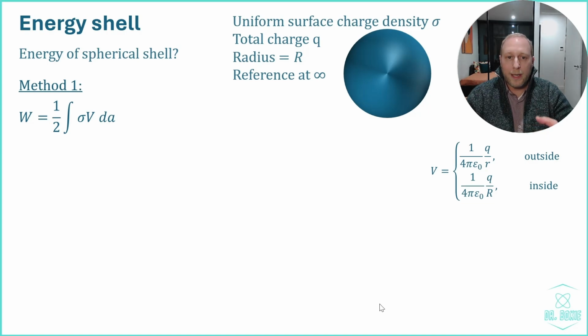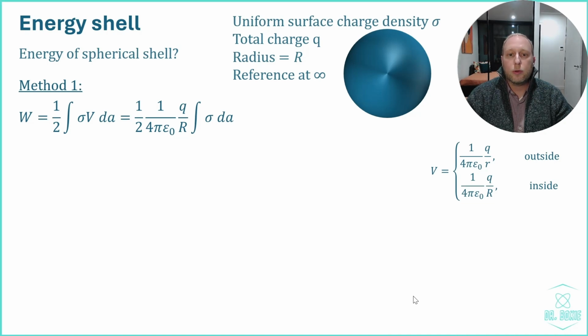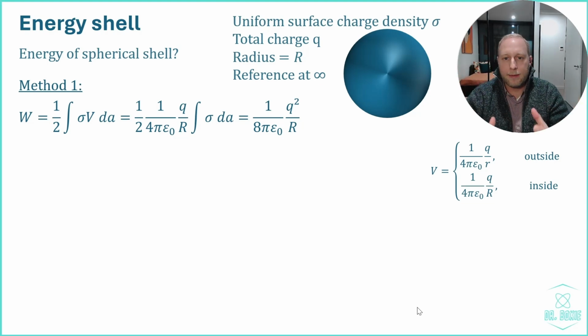And so what we need is the value of V on the shell itself, which means that it has a value of 1 over 4 pi epsilon naught times q over capital R. In other words, it's a constant. And so as a whole, it can be pulled out of the integral, and we're left with the integral of sigma times dA, which by definition of sigma is equal to the total charge of the shell. And so we find this expression for the work necessary to bring in the charges to create this hollow spherical